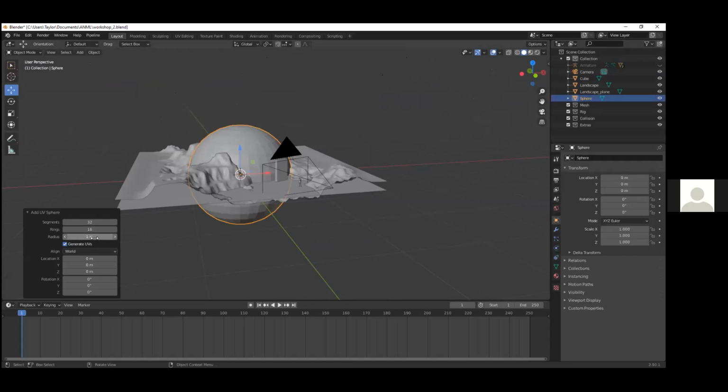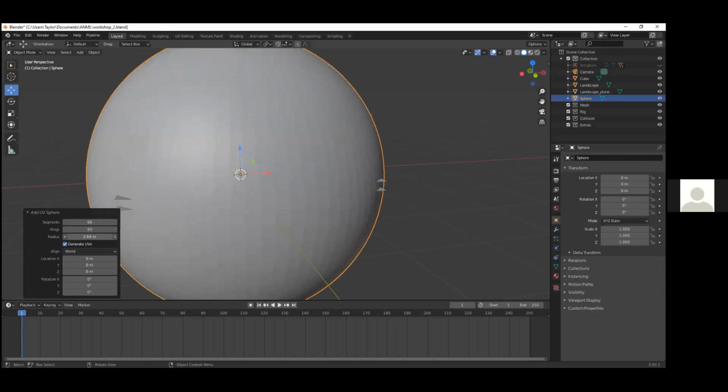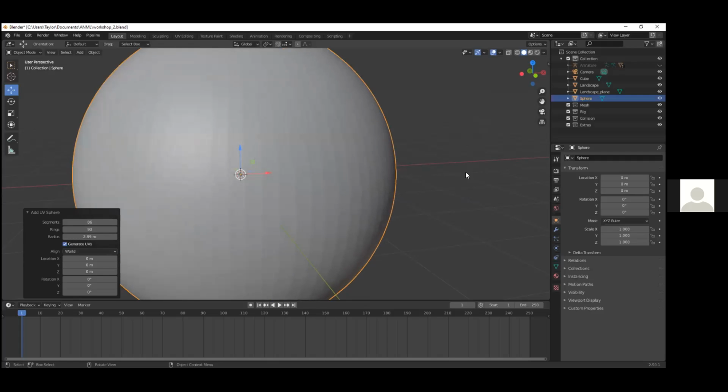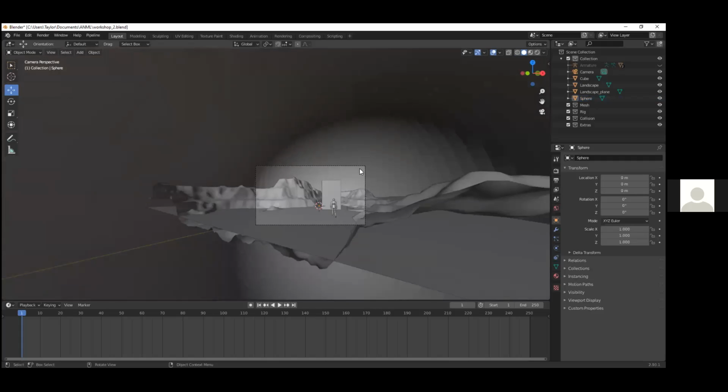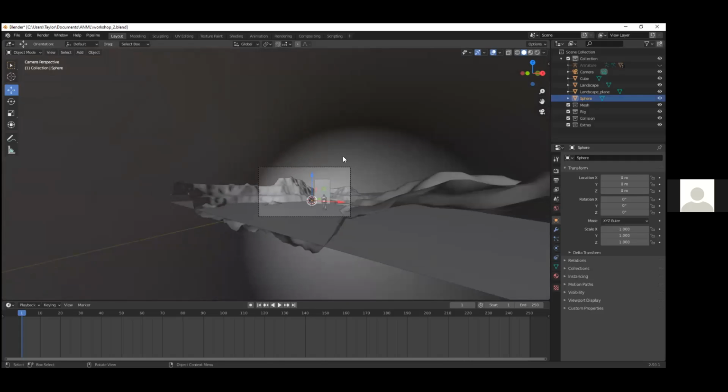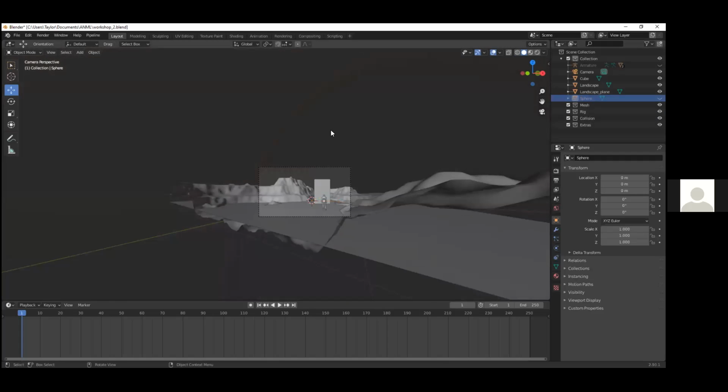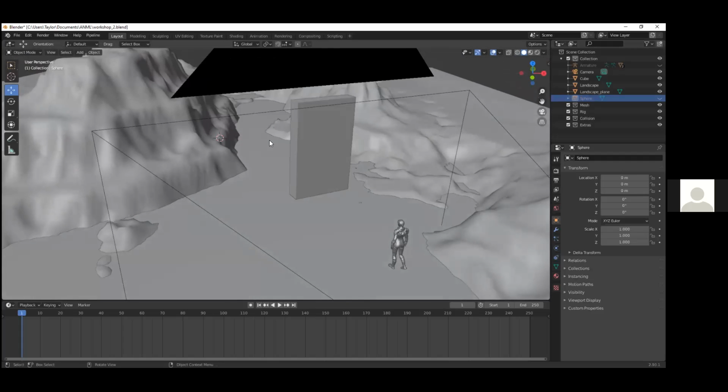And then I'm just going to increase so it makes it a little smoother. And I can bring the radius up here, or afterwards just by hitting S. And then if I right click on the sphere, shade smooth, doesn't look so pixelated. And then I'm just going to hide that for now so we can still work around it and add more in. And then I think the next step that I had was